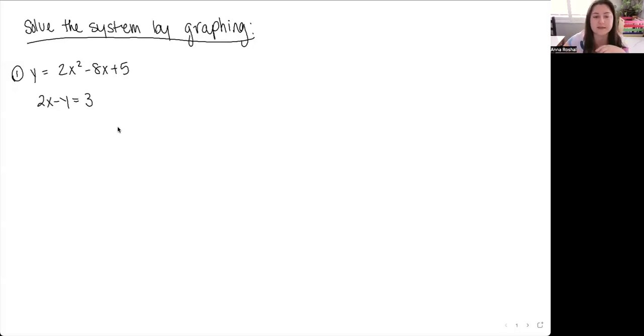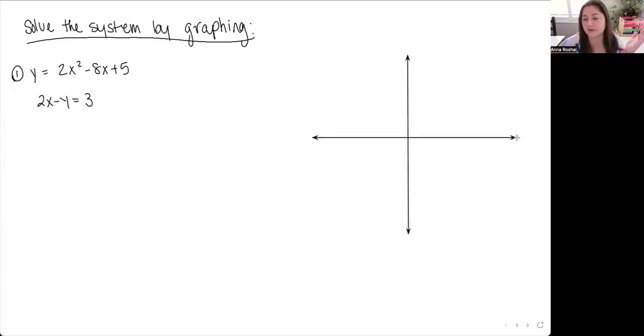So we're going to start off with this, and it says to solve the system by graphing. So we know we're going to have to graph something. And that was not a line that would be nice for graphing. So here I've got my y-axis, and we have our x-axis. So we're going to label it x and y, and we're going to get started with the easier one, the